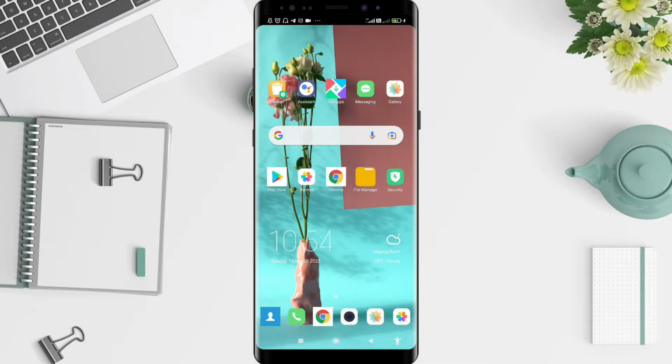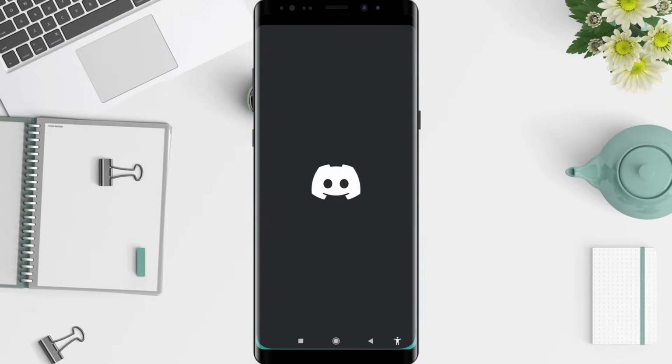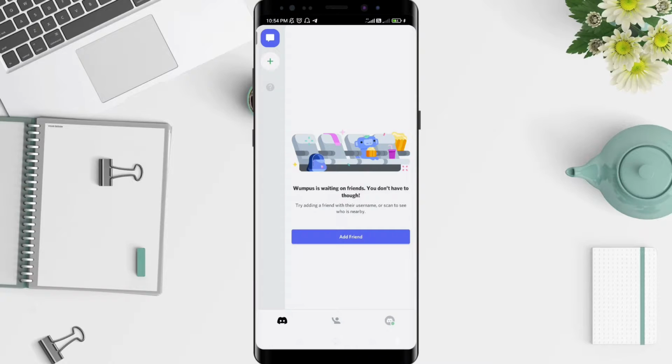First, we go to the Discord application that you have installed before. Click on Discord, and if you haven't downloaded this application, please download it first from the Play Store. It's free for you. Okay, for the next step, in the upper left corner,